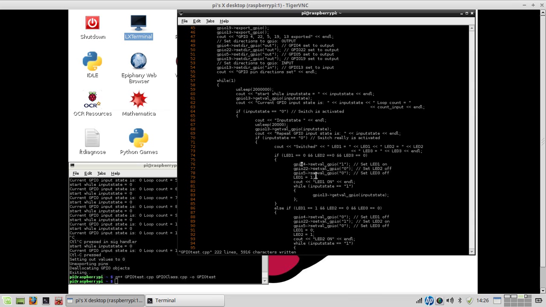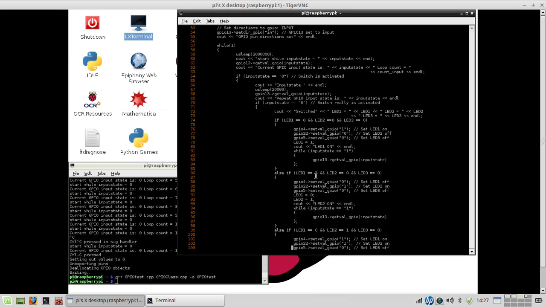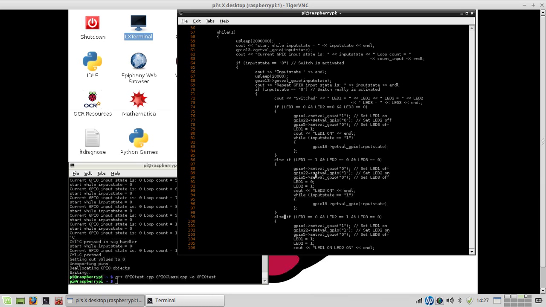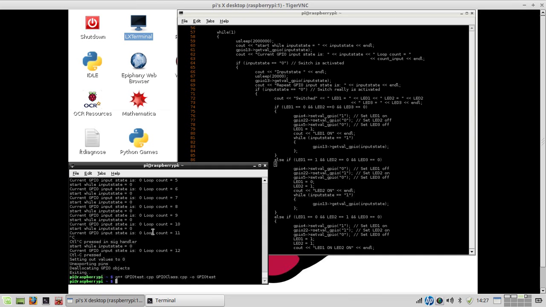I also changed the input state, which indicates whether the switch is being pressed or not, to 0, and when the switch is being pressed it says 1, but I wanted to see first if it completely worked without a switch, so not interactive as I intended to do. And when I do it like this, I already compiled it,